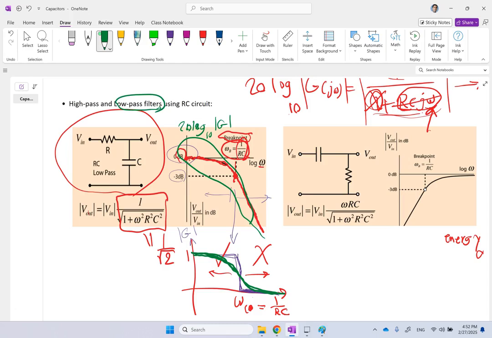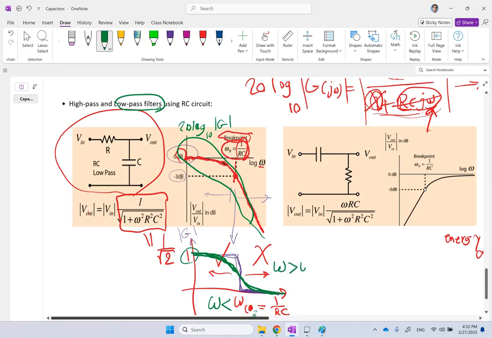It does not change the magnitude of signals for which the frequency omega is less than your cutoff frequency too much. But if your omega is bigger than the omega cutoff, then you're going to see a big attenuation. So if you put the capacitance on the output and resistance in series, this is what we call a low-pass filter. On the other hand, if we swap the resistor and the capacitor and put the resistor as the output